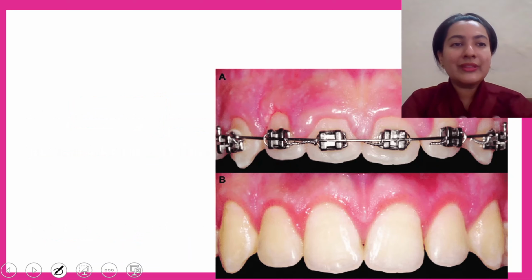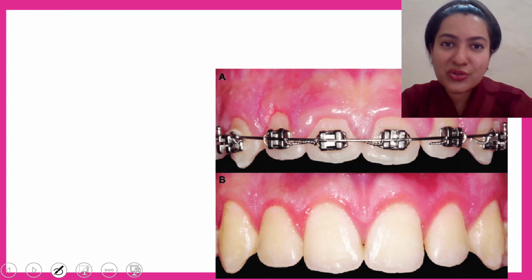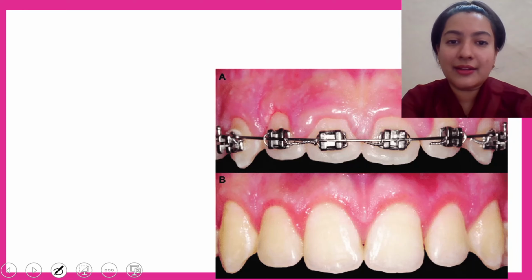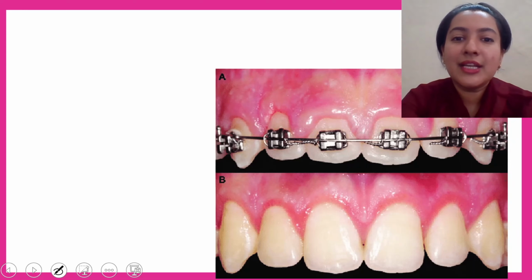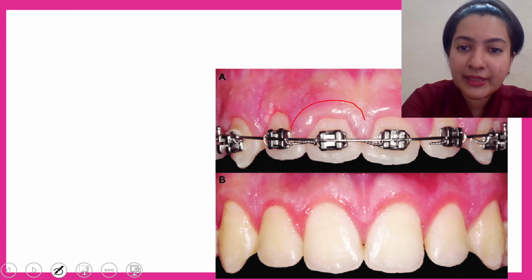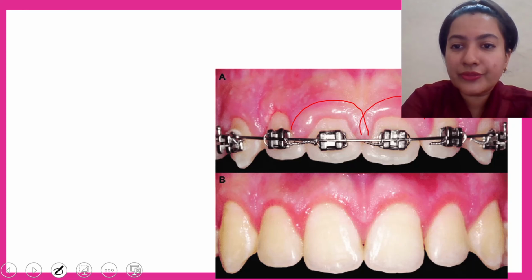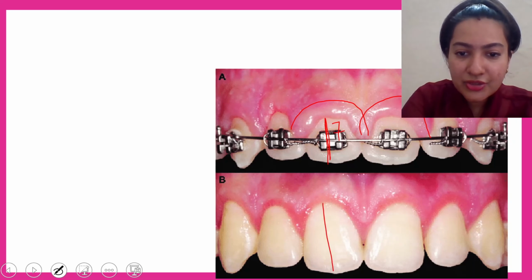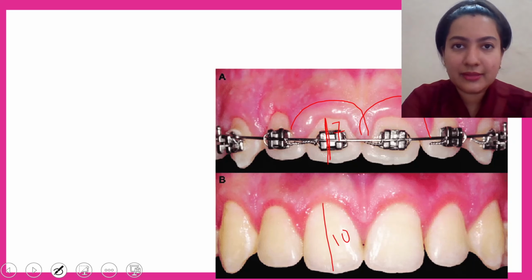Okay, so now this is a little image based question for you people where you have to guess which procedure is being done. Let me tell you, all the procedures done here are by using lasers. So if you can appreciate here what has been done. See, gingivectomy has been done to increase the length of the crown. Do you see this length? It is supposedly 7 millimeters, and in this image if you see it is close to 10 millimeters.